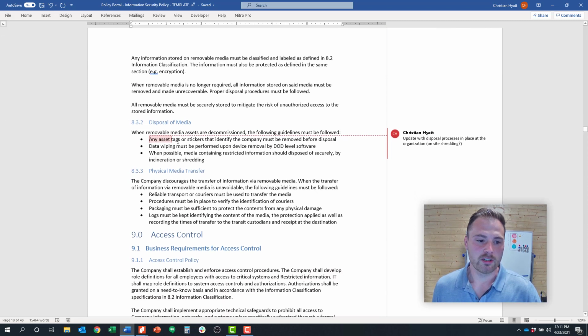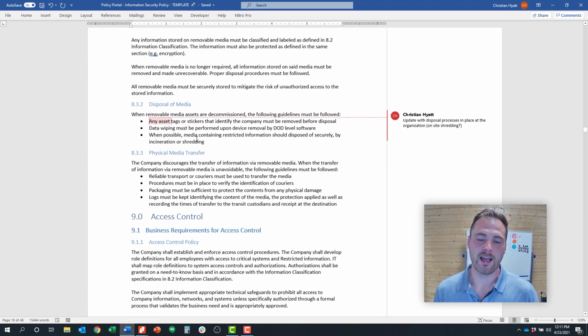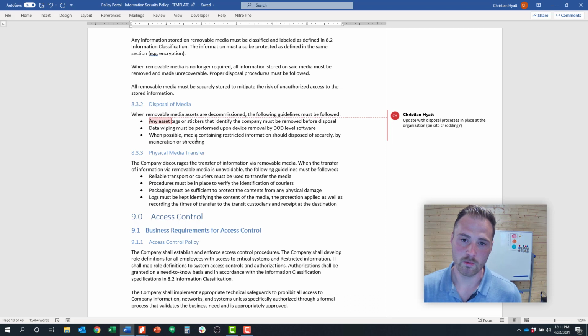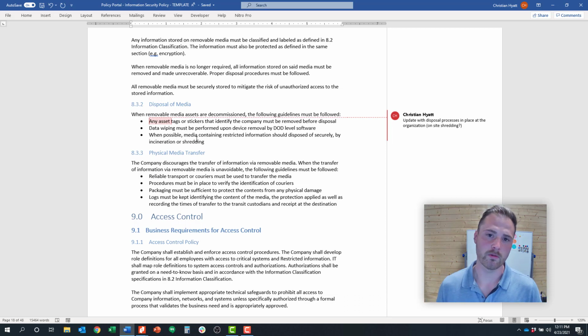And we also do the same thing with disposal of media. Every organization has endpoint devices, so disposing of laptops is something you're going to have to think through. What do you do when those reach end of life? Do you do DoD level wiping of information? Do you work with a third-party organization to dispose of those and to deliver them somewhere so you know that they're securely disposed of? Same thing with physical infrastructure. You have to think about those types of